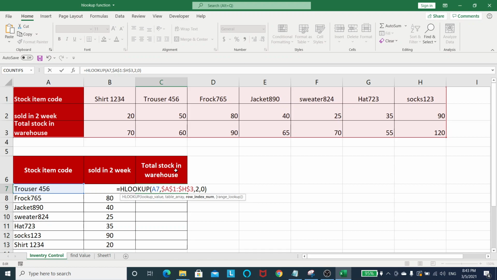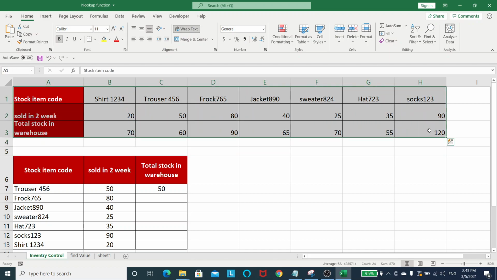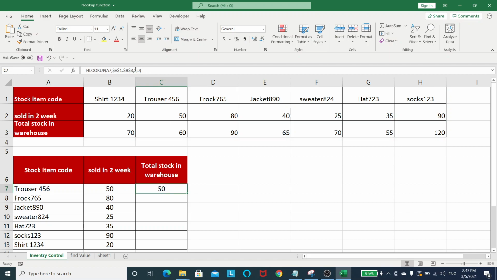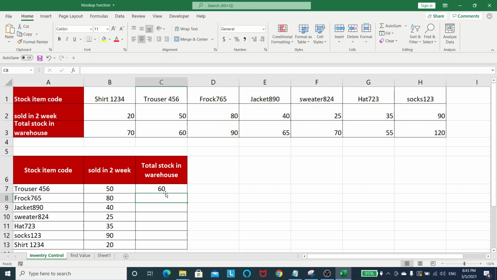Because total stock in warehouse exists in the third row, and we have already taken the table array from A1 to H3. We have already taken this range, so we don't have to change the range. Only we have to change the row index number. So we'll write 3. Now press enter and just double click here, and we got the value here.